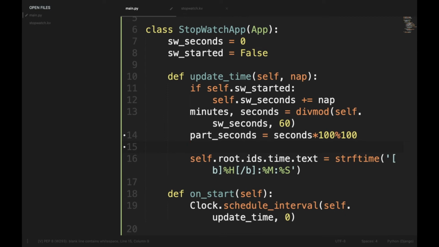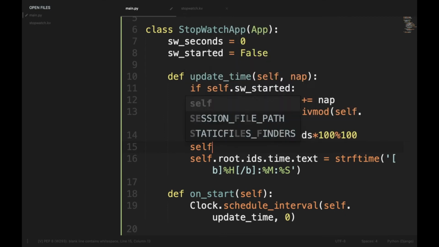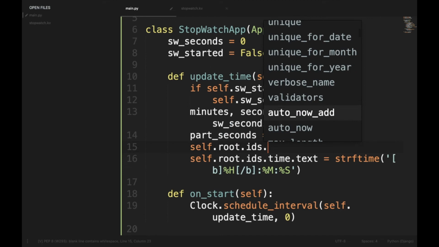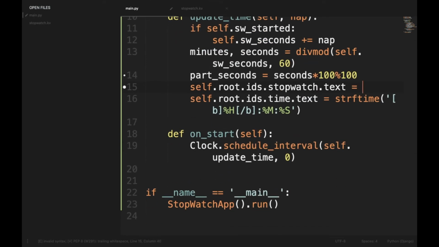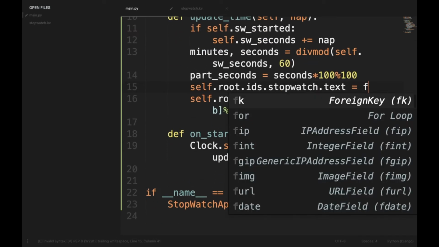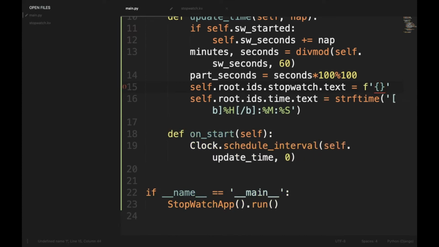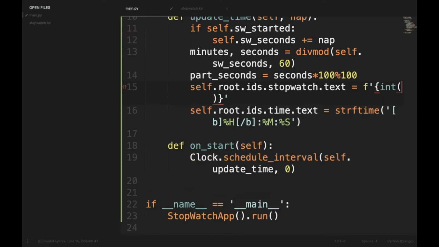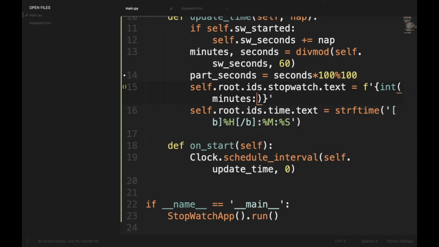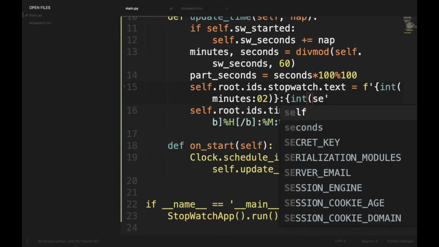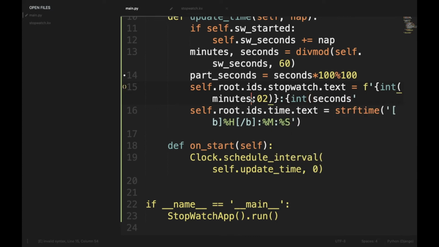Then we will set the text of the stopwatch, and for that we will do self.root.ids.stopwatch.text, and we will be using f-strings here. First of all we'll do int of minutes, then we'll be using zero padding up to 2 digits, and then int of seconds, with zero padding to 2 digits, and we have to close it here and here.